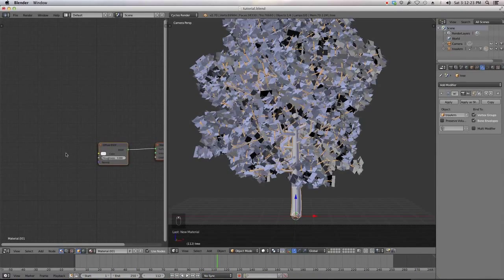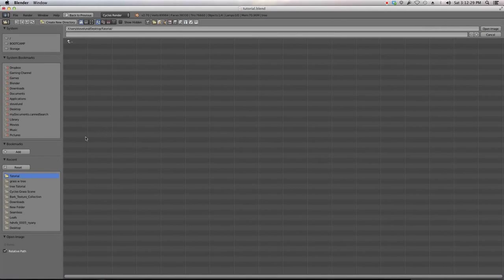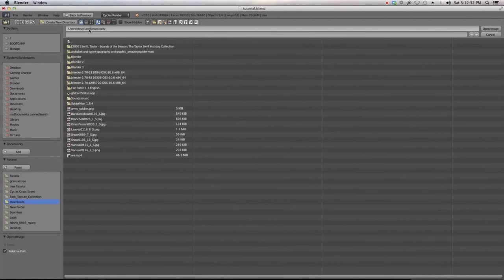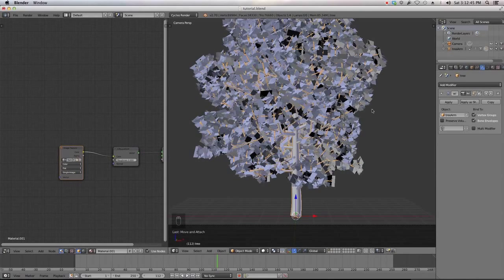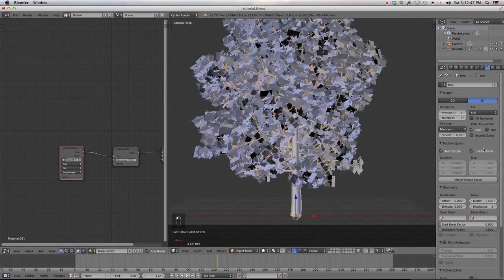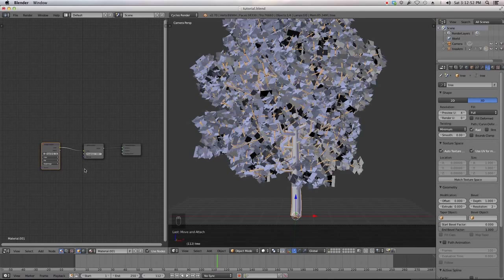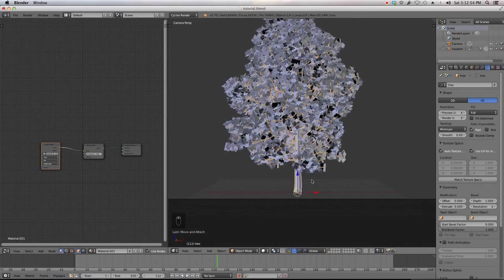So my textures are done. I'm going to Shift A, add a texture, image texture, and open up the ones I just downloaded. So it's right here, bark. And I'm going to connect that up. And I don't have to worry about saying anything to the UV maps because it's going to automatically use the generated UV thing because I set that up here. So basically, I might want to adjust the amount of times this is mapped across it,